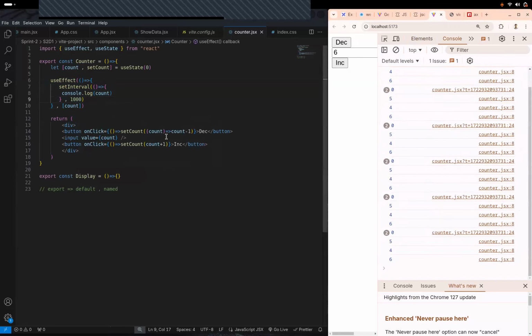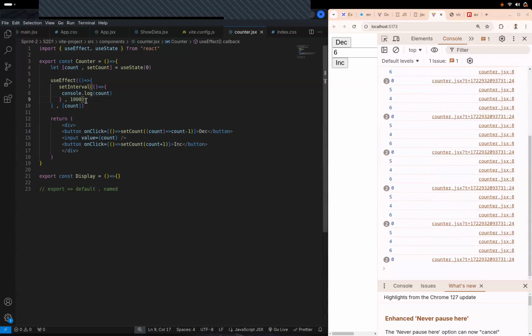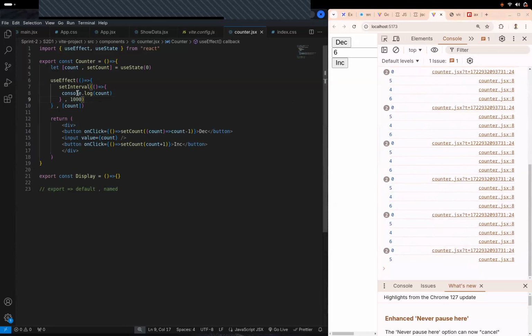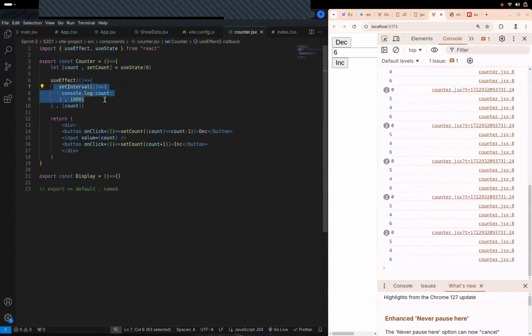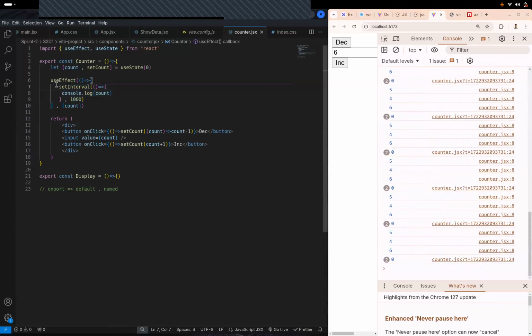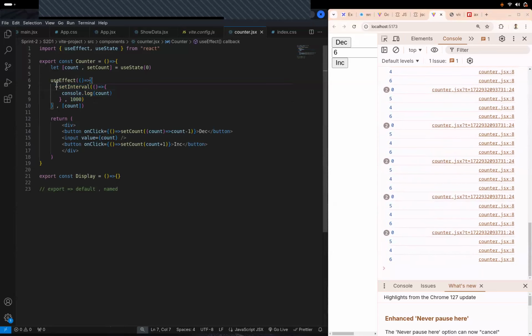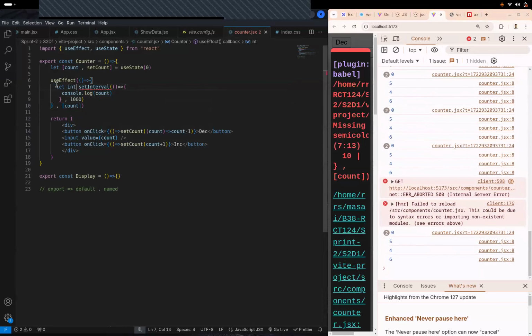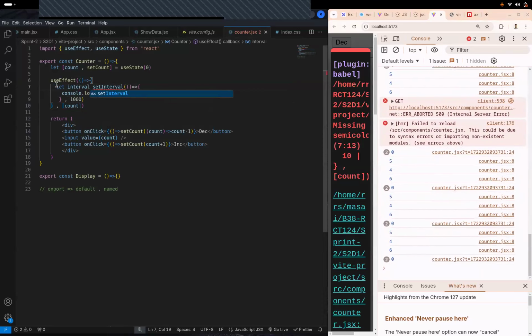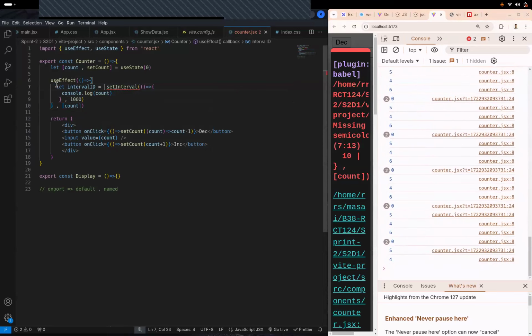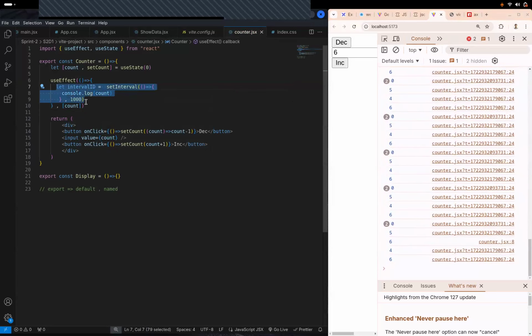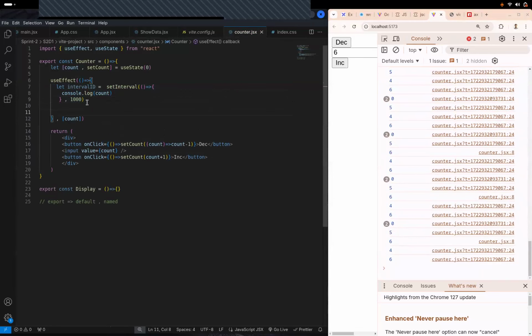So in that case, once we re-render the component, we'll need to remove this set interval, right? And how do we remove a set interval? By giving it an ID, clear interval. Remember that. So let's say we are calling it interval ID, and this is given to this thing.